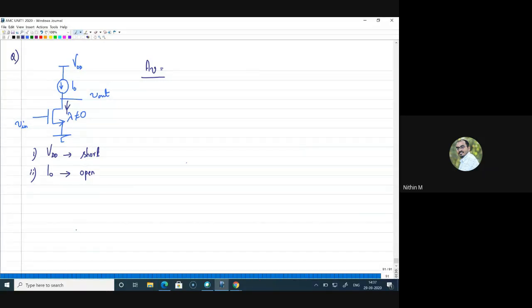And with this, if I draw the small signal model of this particular circuit, how will I draw? So again, I am just replacing the MOSFET using the three terminals: gate, drain, and source. This is the source terminal. Now for a given VGS, I will definitely get a current source here, which is GM into VGS, and you have one resistance here, that is R naught. Why am I considering R naught? Because lambda is given not equal to 0.